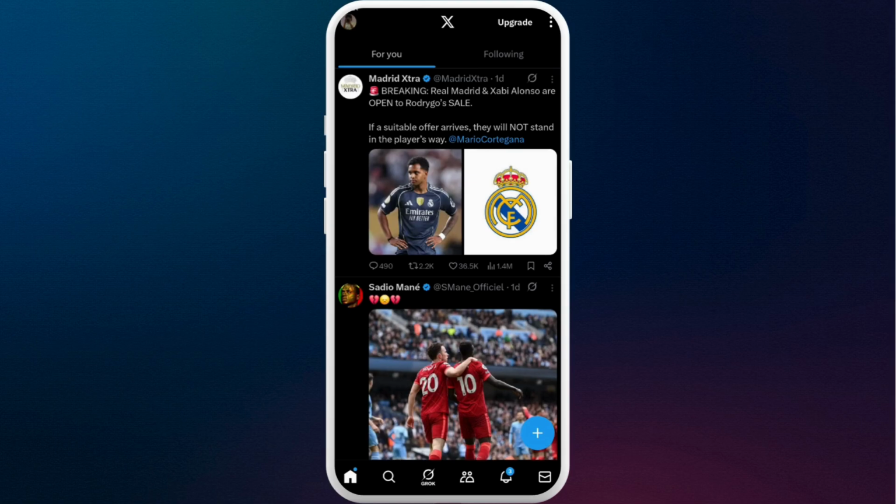After you are in the app, make sure that you are logged in with your account. Once you are logged in, you will see this kind of app interface. Now, if you have muted someone before, you won't be seeing any of their posts in your timeline. And if you want to unmute them back, what you need to do is, you need to head over to